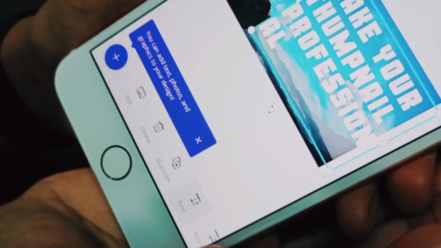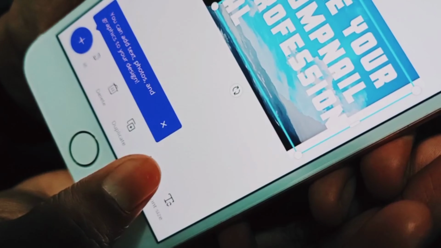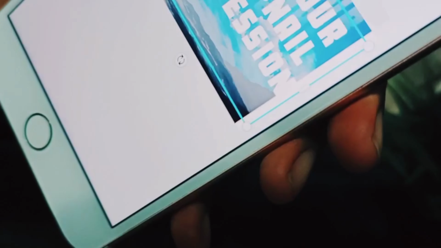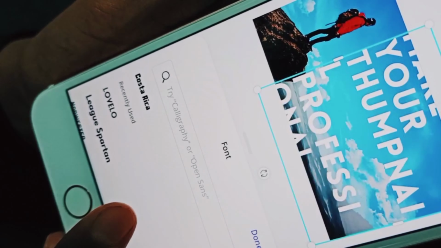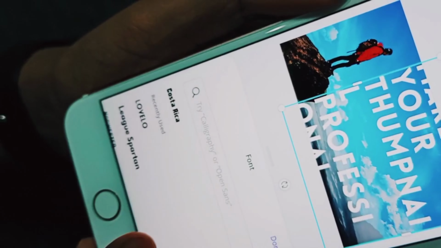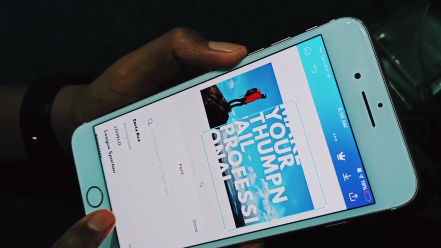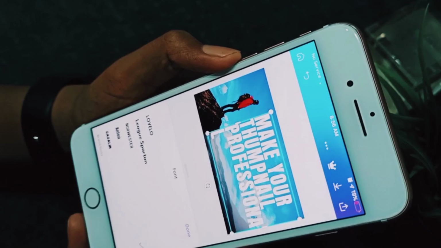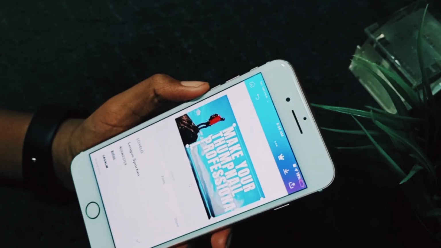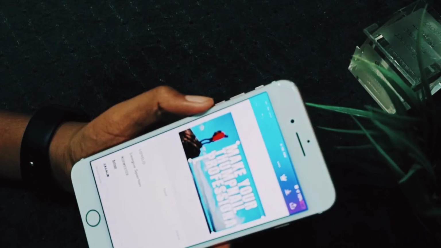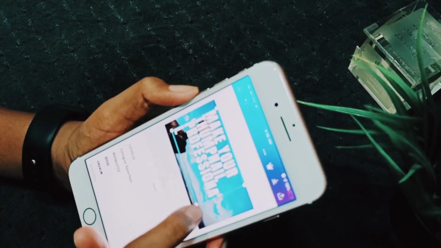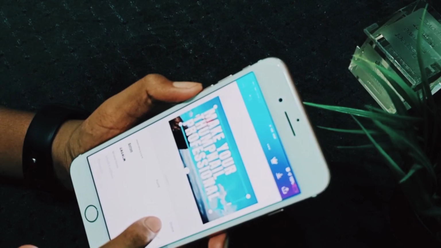As you can see here, you can delete, duplicate, change font size, color. There are many options. We can select the title, then we can change the font. There are many fonts here, and we can select whichever font we want. So now we can adjust the title to where we want,